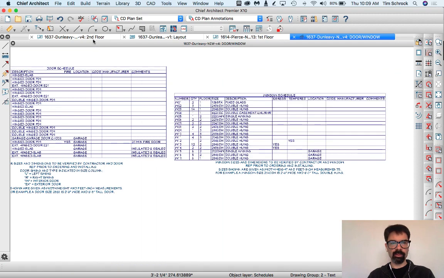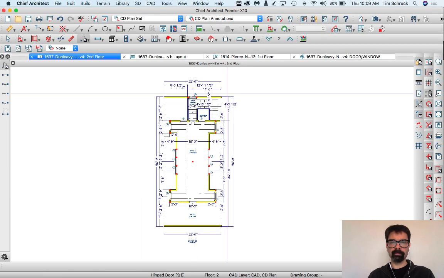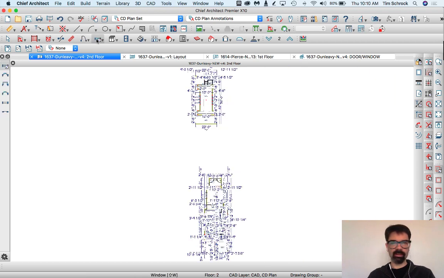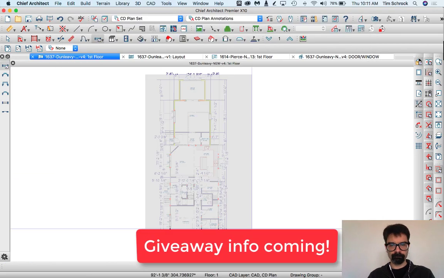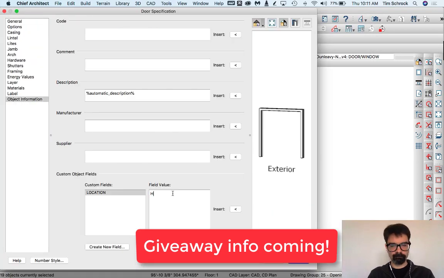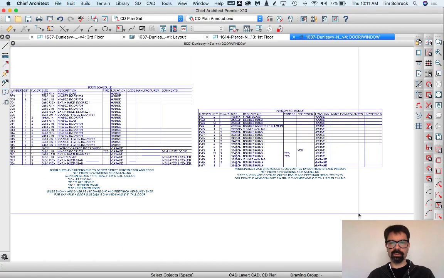Now I won't bore you with the steps. It's the same steps of going through with all the house. I won't bore you with that. I'll be right back and we'll take a look at the schedule after I'm done with that. And so here we are. I've added the house location to both the windows and doors in the house,